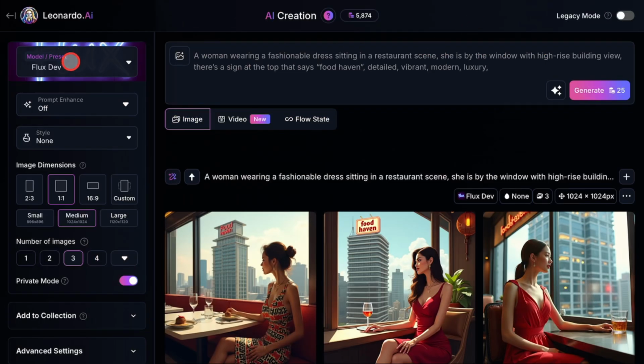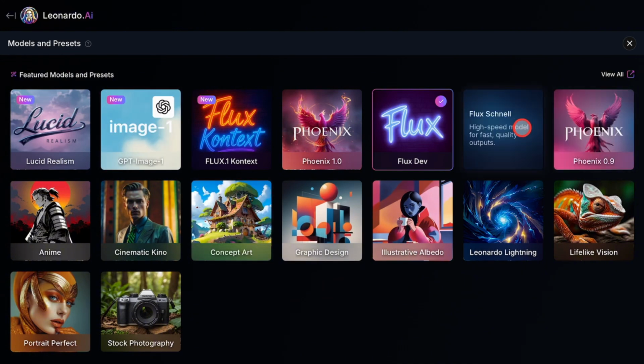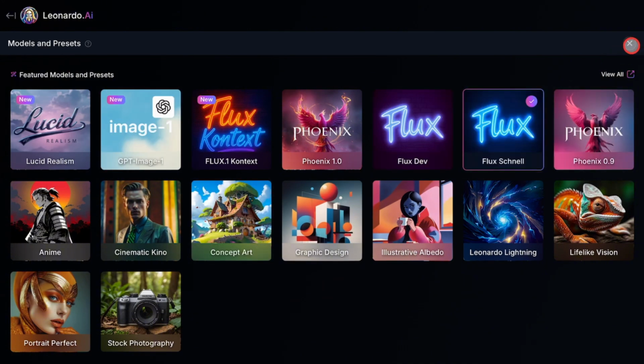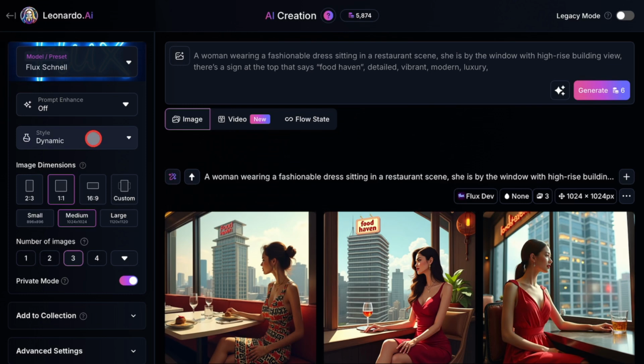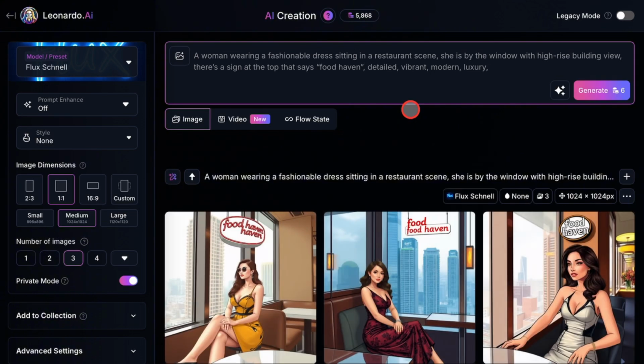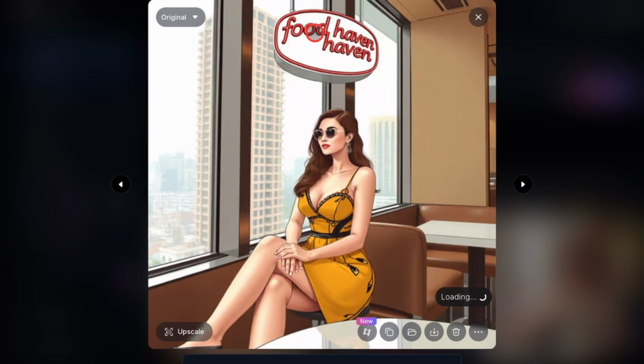Next, we have Flux Schnell. The major difference is that Flux Schnell is a smaller model made for simpler and more basic illustrations and paintings. If you want to create simple illustrations, especially for children's books, greeting cards, or basic t-shirt designs, Flux Schnell is your best option. In this case, I used the exact same prompt and settings as before, but with Flux Schnell,